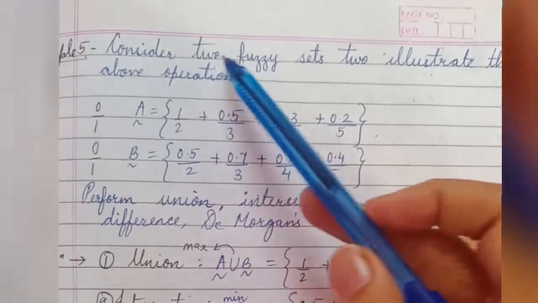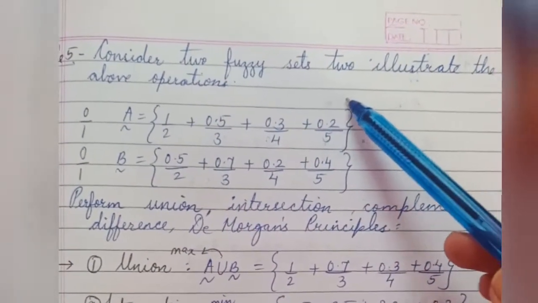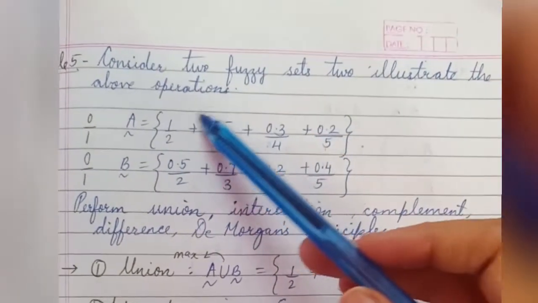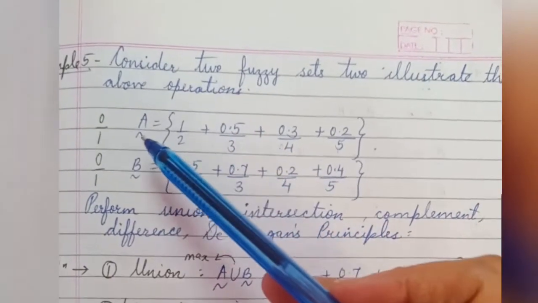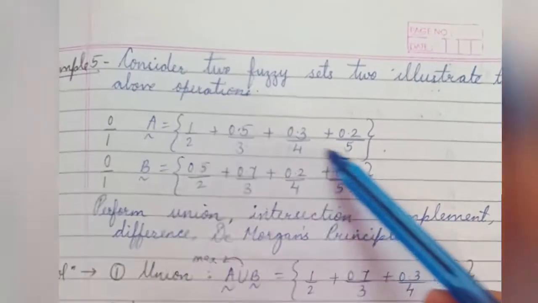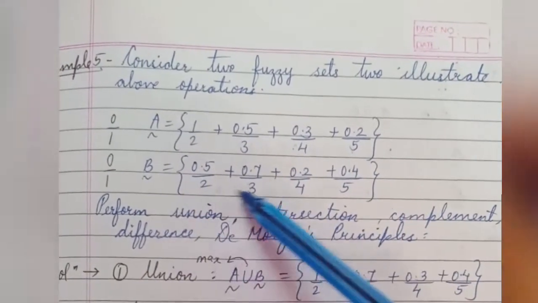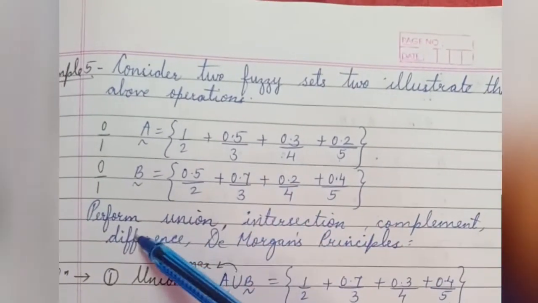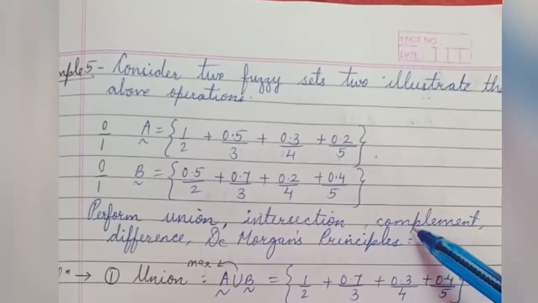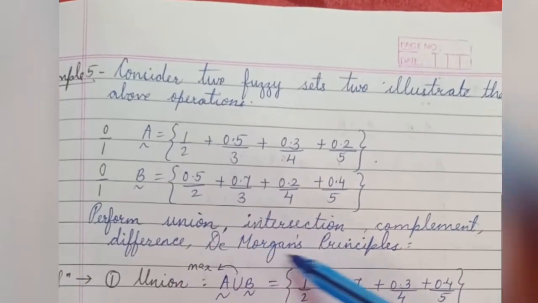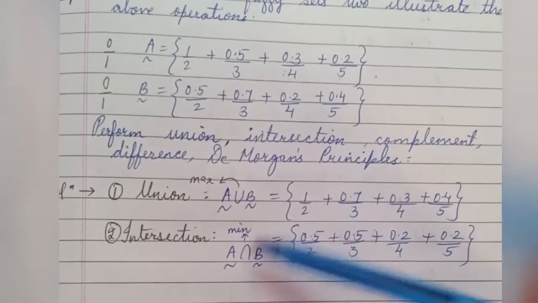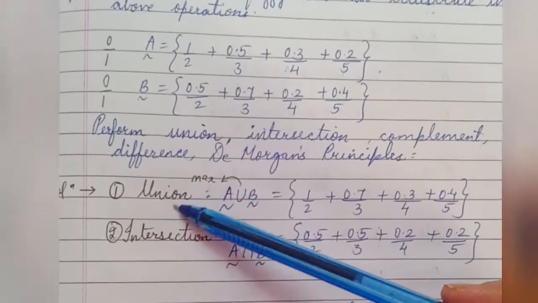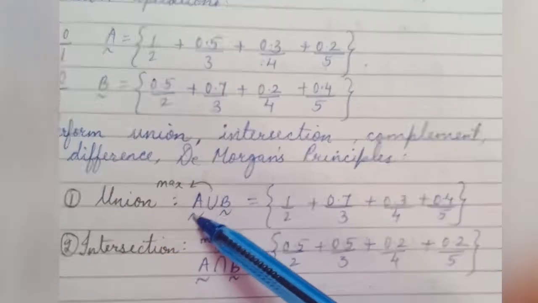Let's start. The example is: consider two fuzzy sets to illustrate the above operations. Fuzzy set A is given with these 4 elements and fuzzy set B with these 4 elements. Perform union, intersection, complement, difference, and De Morgan's principles. Let's start with the first operation, that is union. To perform A union B,